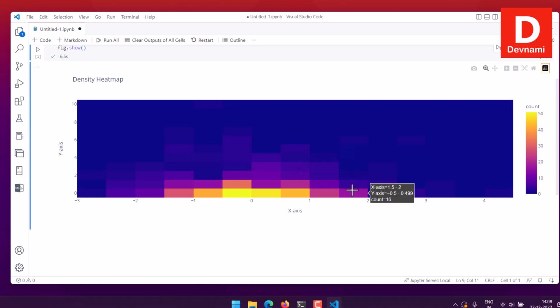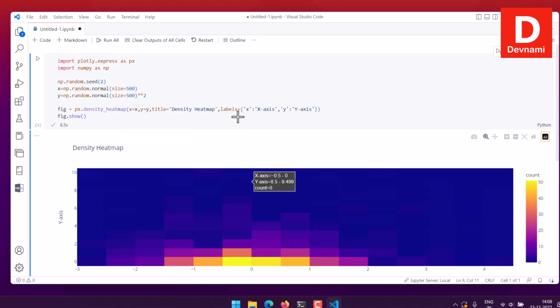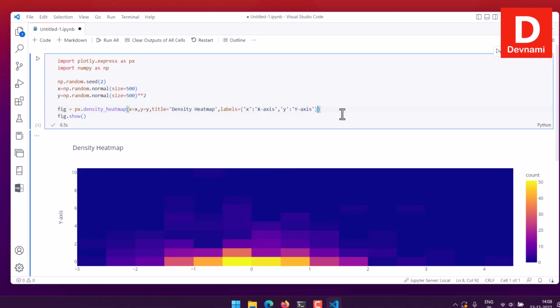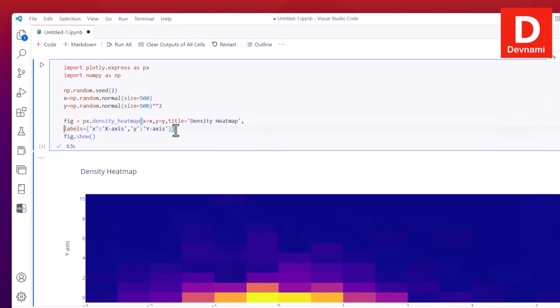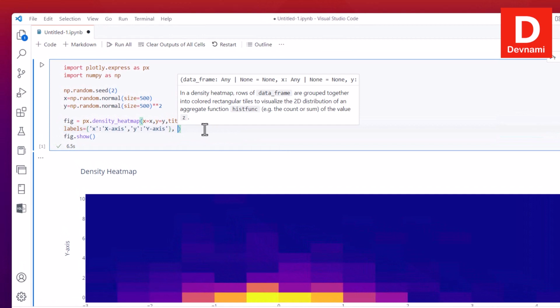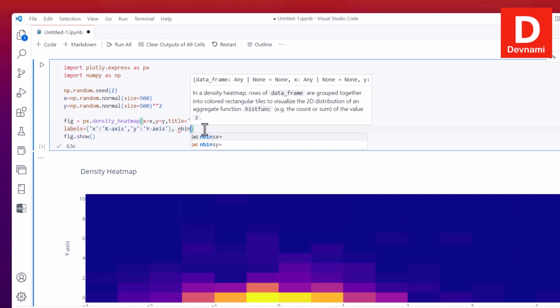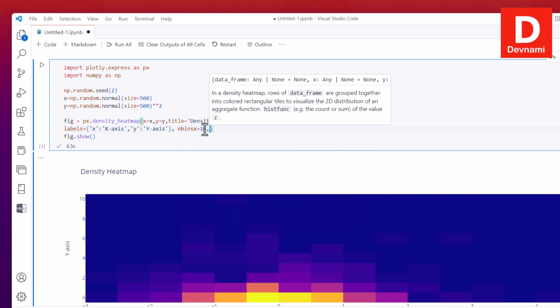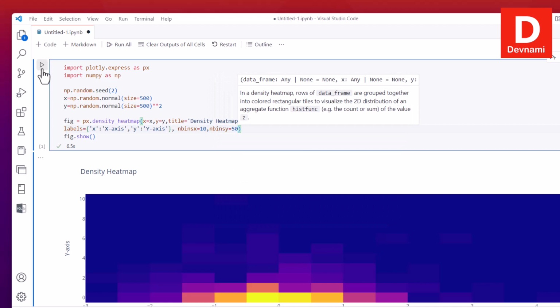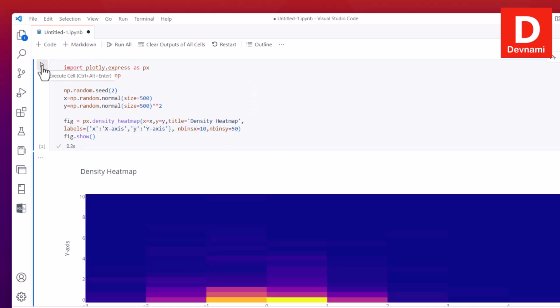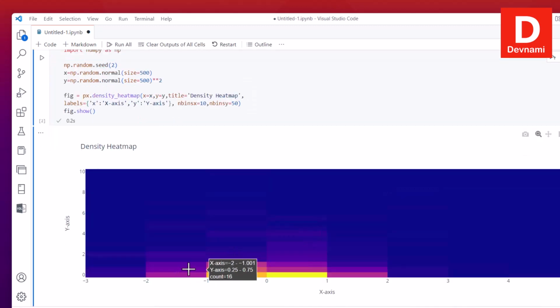right? So if you want to play around with some of the bin values here to get more control, what you can do is simply, let's say I press enter here, and then I can expand this into nbinsx set to a value of 10 and nbinsy set to a value around 50 or 60, so 10 to 50, and here you see the bins have increased, and now this looks like a proper histogram,